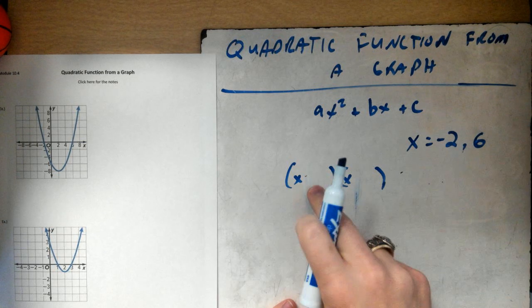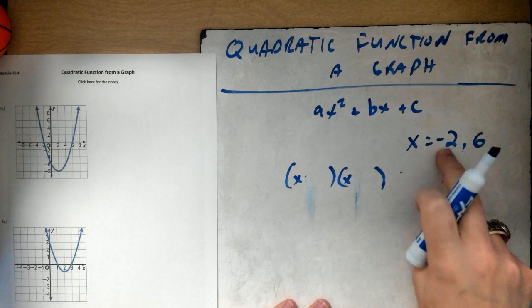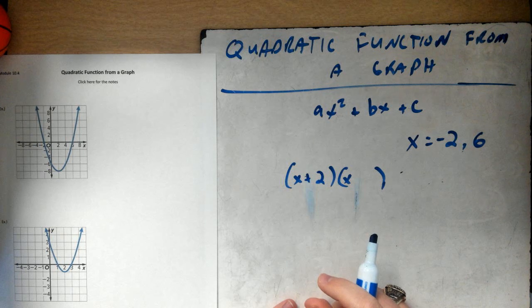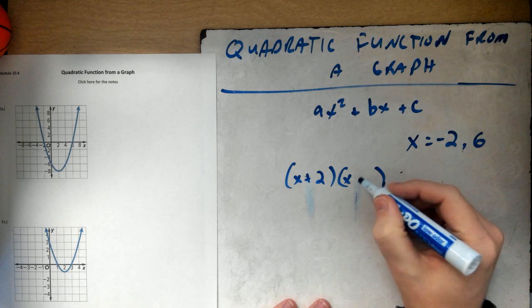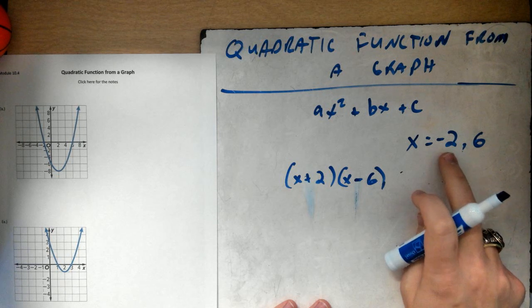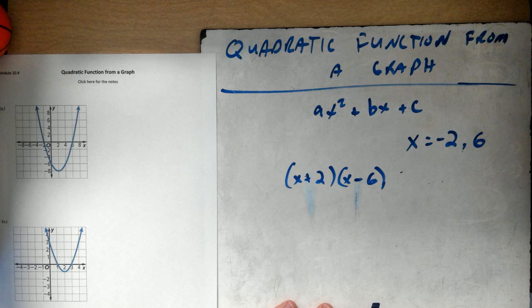We're going to put these numbers in our parentheses, but we're going to flip the signs, okay? So our -2 becomes a +2, and our +6 becomes a -6. So flip whatever your x-intercepts are once you put them in your 2 sets of parentheses here,